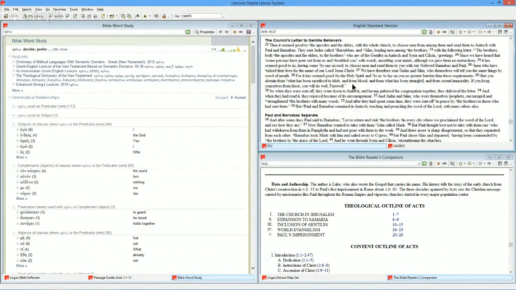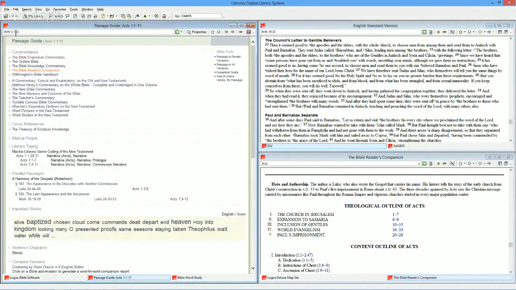So the interesting thing is, I know that there are other passages in the Bible where food sacrificed to idols is not a big issue for Paul. So how do I find those passages that have to do with that? Let's go back to our passage guide. We're going to reload that to 15:20